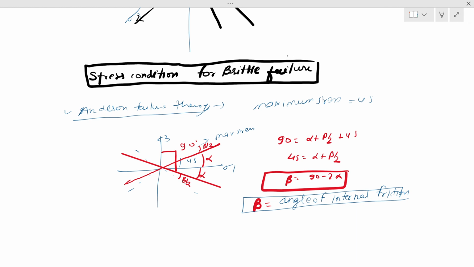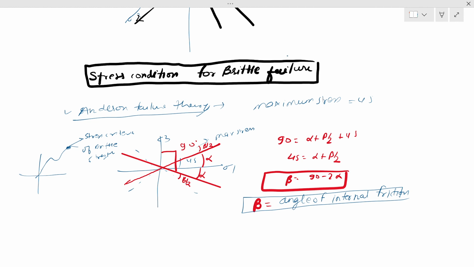So there is a theory related to it that the stress condition at the point of the brittle failure is called the stress criteria of the brittle strength. When there is the stress curve, then this is the point of rupture. So this is called the stress criteria of brittle strength. And when the rock fails under compression in an experimental condition, it is found that in general two